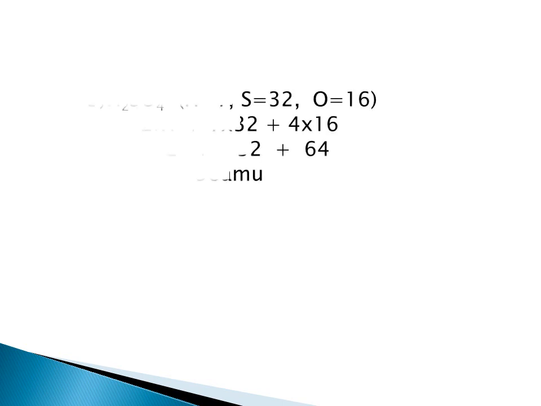Example, sulfuric acid. You know the formula of sulfuric acid as H2SO4. Here 2 atoms of hydrogen, 1 atom of sulfur and 4 atoms of oxygen. Atomic masses are given here. H equal to 1, S equal to 32. The atomic mass of sulfur is 32. Then O equal to 16.